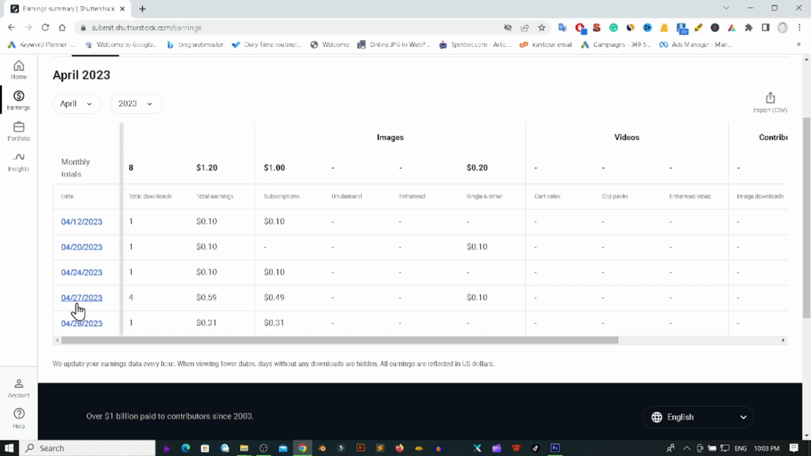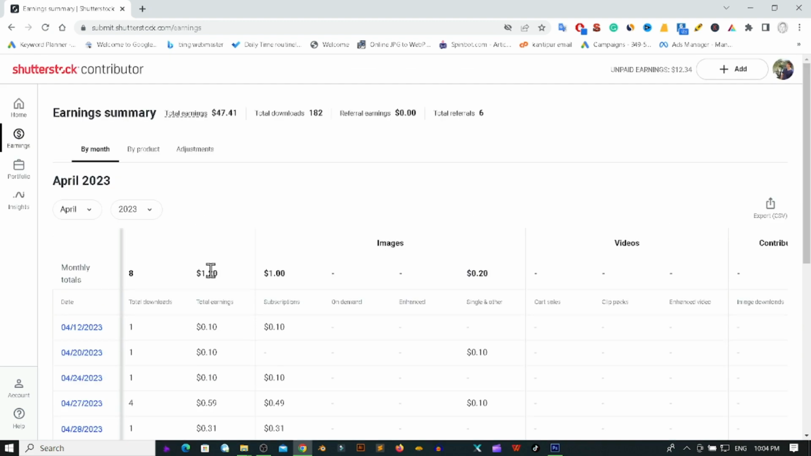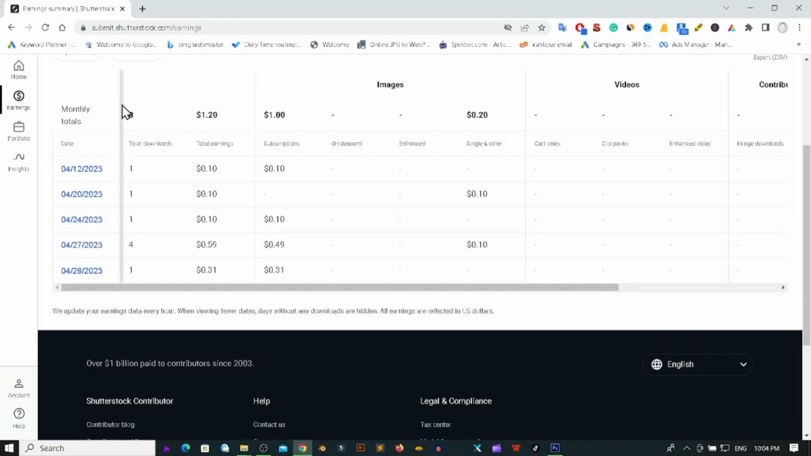the April 27 I got the highest sales in the April month, that was 4 sales, and that was a total amount of 59 cents. Okay, and on April 28 I got 1 cent and I got a total of 0.31 cents. Okay, so guys, I got a total of 8 sales on my Shutterstock, and